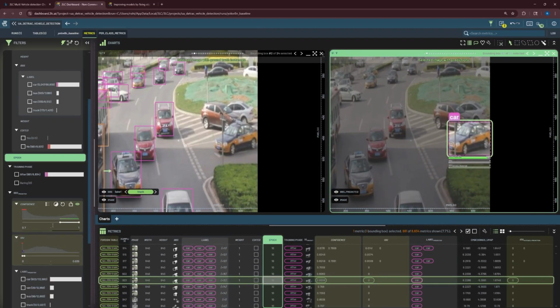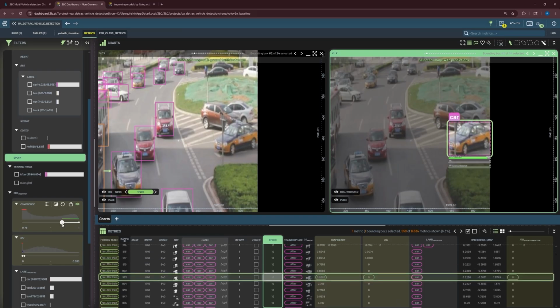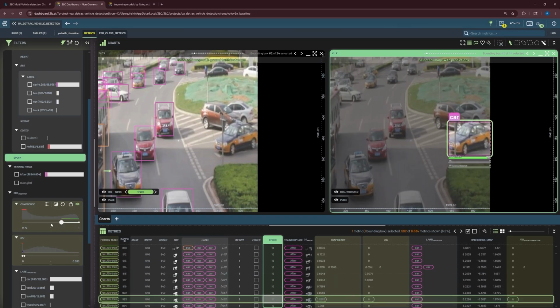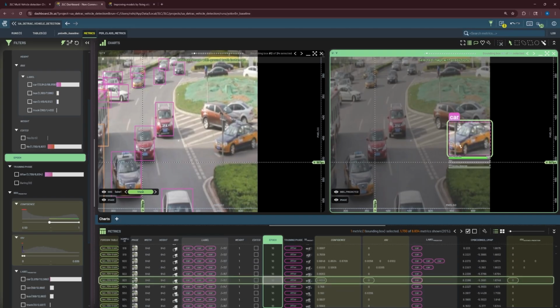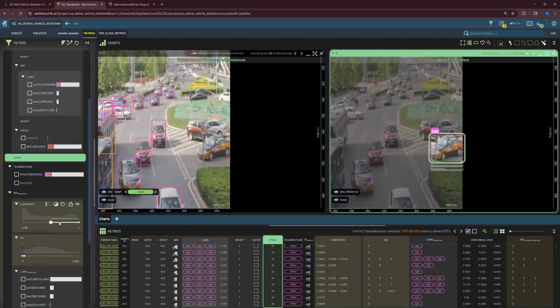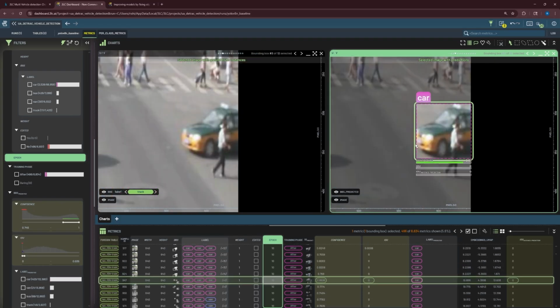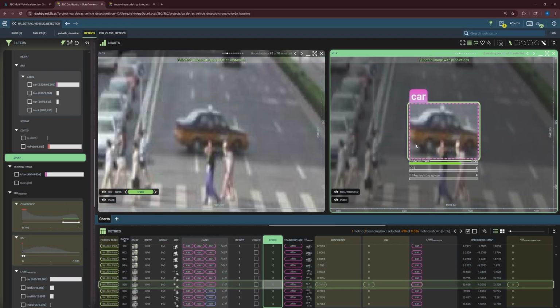So for example, it already set the confidence to 0.07. You can increase or decrease this depending on how many candidate bounding boxes you want. Let's say, for example, if you reduce this bar, you'll get more candidate missing boxes, and if you put it higher, then you'll get less and less. So this is the default, and let's go ahead and check if this is correct. And as you can see,